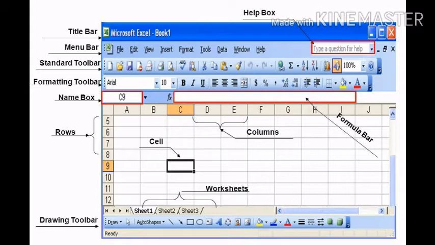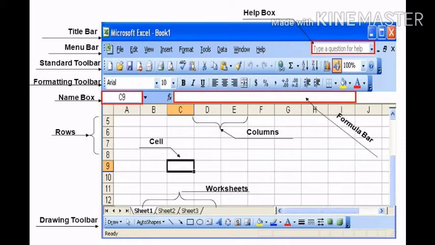A cell's location in a spreadsheet is referred to as cell reference. To find a cell reference, simply look at its column and row positions in the spreadsheet. It is a combination of the column letter and row number such as A1, P3 or D15. While writing a cell reference, it is noticed that the column letter always comes first.